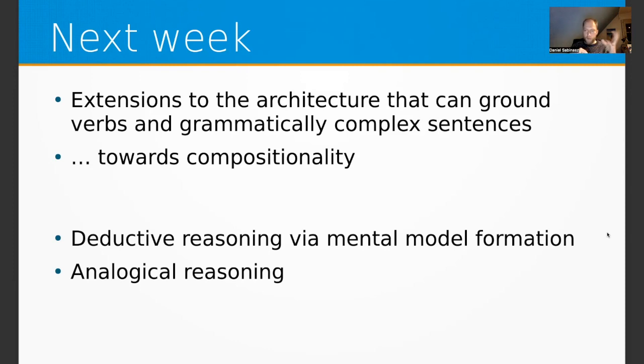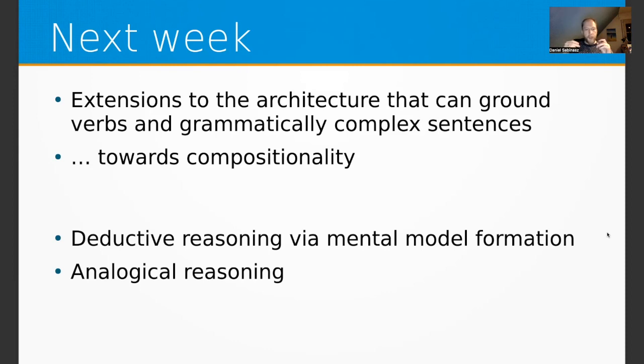So given a certain set of premises, we can infer a conclusion. And that is actually implemented by mental models that are, again, supervenient on the same neural architectures and neural mechanisms of more low-level perceptual